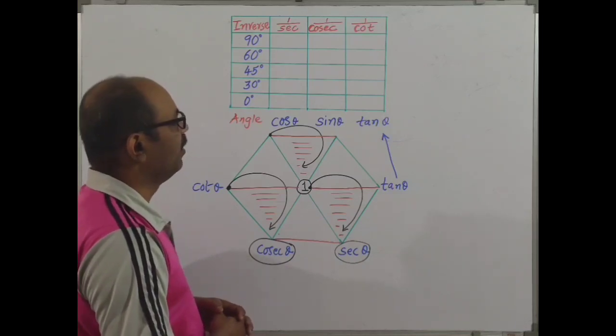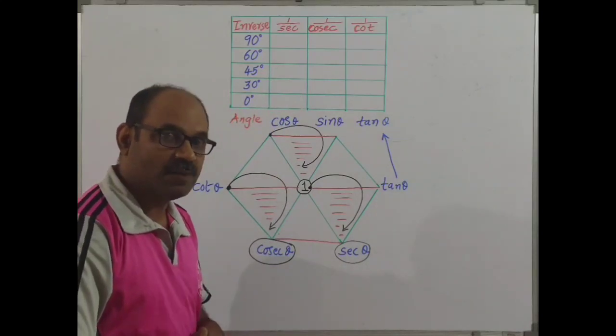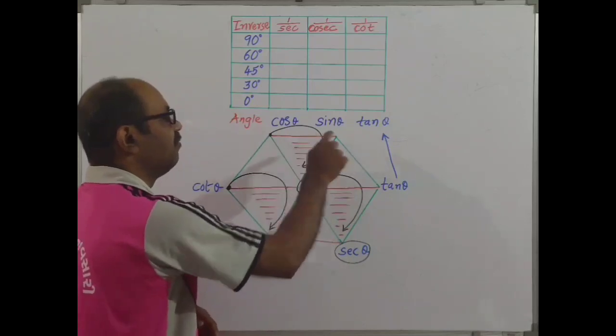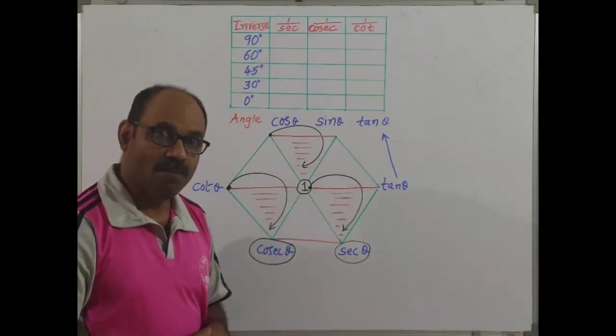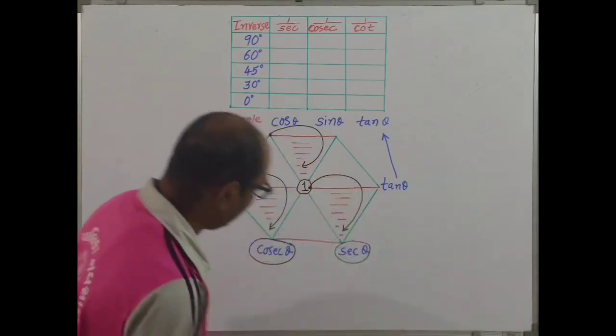Then what else? This gives you trigonometric ratios of special angles, and these 3 parallel lines give you trigonometric ratios of complementary angles. And the definition you get from here,